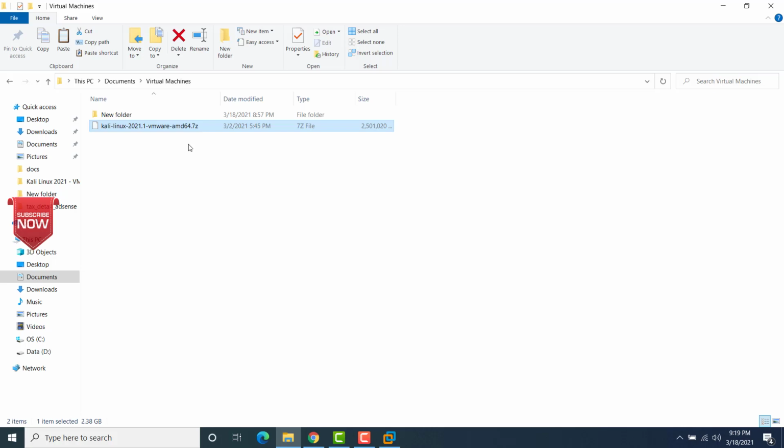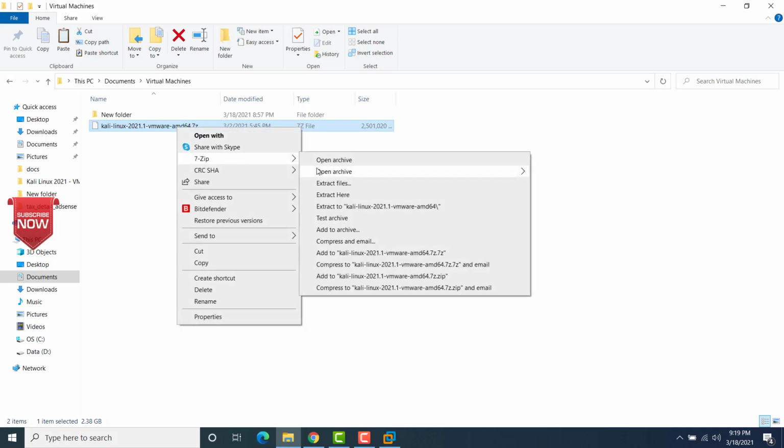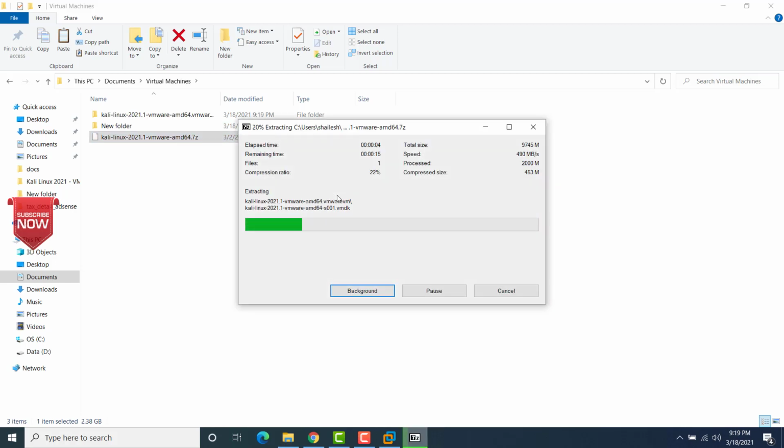Now, what you see is that this is a 7z file, so you'll need to have 7-Zip installed on your system. Now what you have to do is extract the file. Using 7-Zip, I click on extract. The files are getting extracted, and this contains all the virtual image files. After extraction, this will consume about 10 GB of space, so make sure that you have at least 10 GB of space available on your system. Let's wait for the extraction to complete.